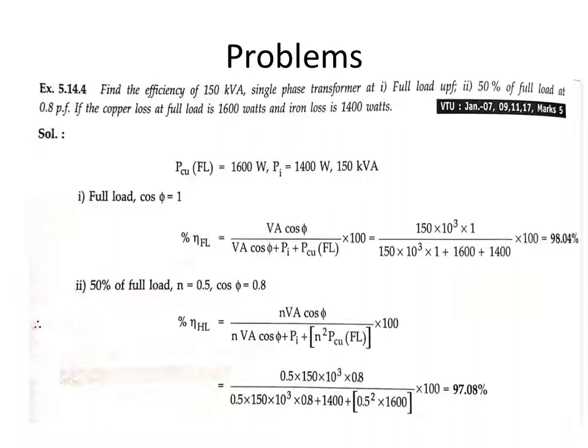Most coils are made from copper wire, which has resistance, so it always opposes the magnetizing current flowing through them. That electrical energy is lost as heat in the primary winding and secondary winding. So it is represented as I square into